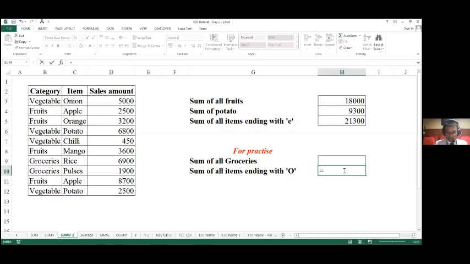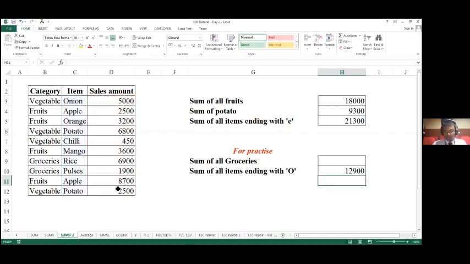So it is equal to SUMIF, open bracket, and I'm going to define the range. The range is this, comma, and my requirement is I want numbers to end with O. So star, and I'm going to mention O, close quotes, and I'm going to define the summation range, and close the bracket.